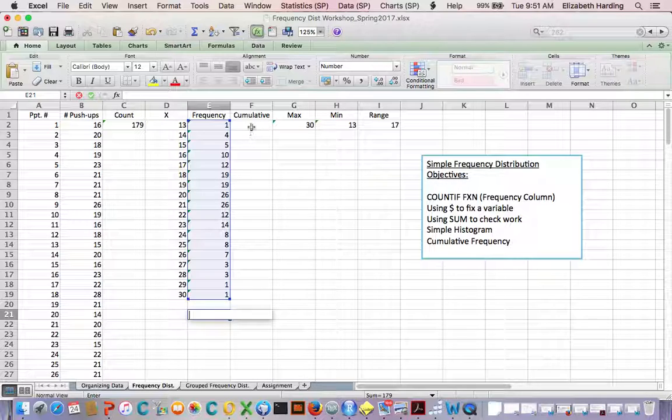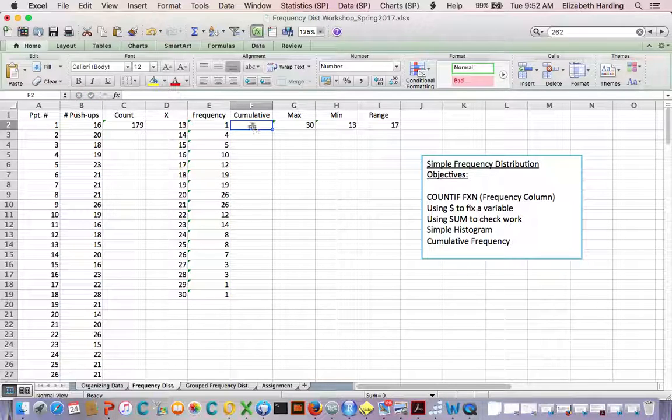Right, so what I have here is in the next column we're going to do a cumulative frequency. So the cumulative frequency, especially if we were to graph it, is just an easy way to see where participants stood compared with the other participants. So we're not going to talk, I'm not going to get too detailed about cumulative frequency, but I do want to show you how to calculate the cumulative frequency column. So